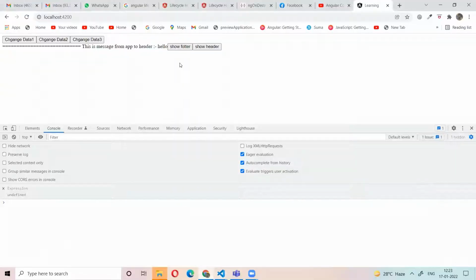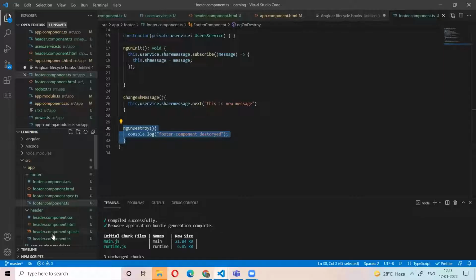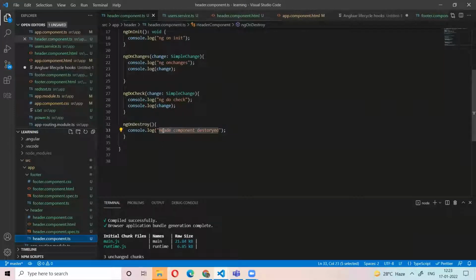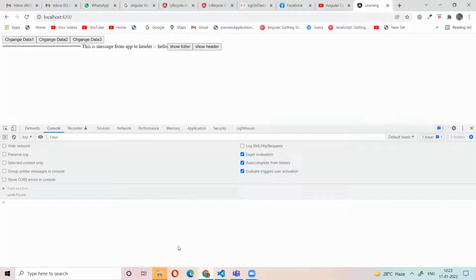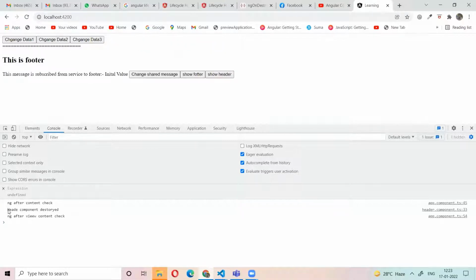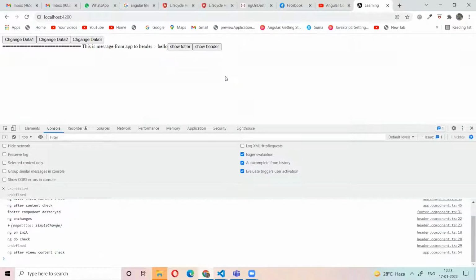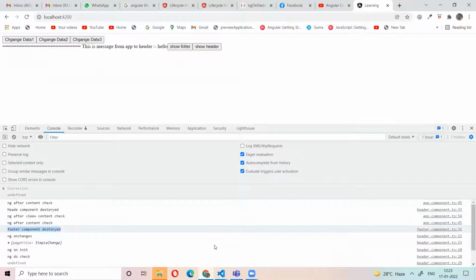When the header component is destroyed, this method is called and it will print in the header component. That means when the header component is gone, this method is called. So if we click the footer, the header component will go and this method will be called. If you click this button, the footer component will go and the header component will load. That's why the footer component is destroyed. Understand? Any doubts here?